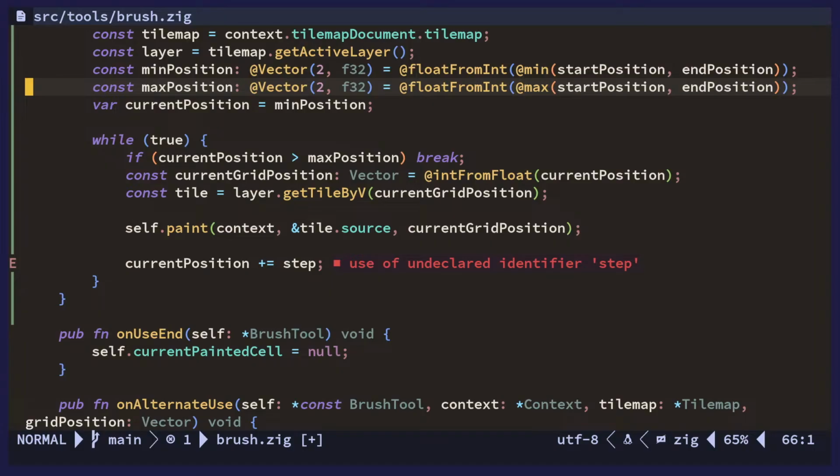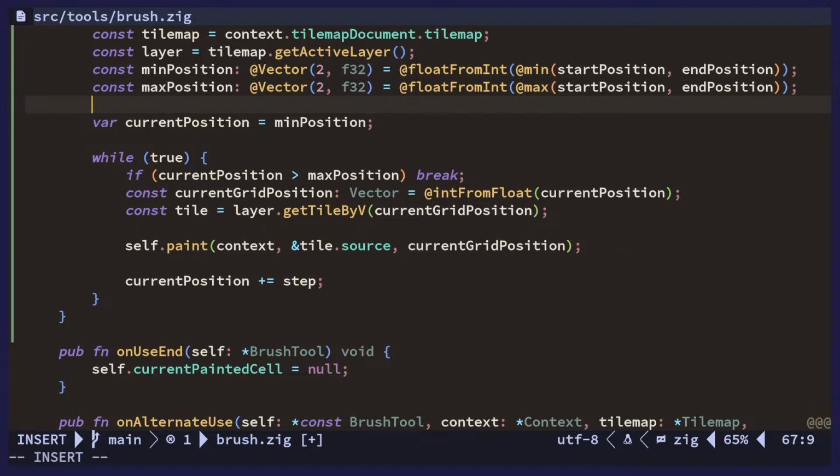I think, yeah, we'll calculate it. It's going to be like one tile, or one. So you want to step one distance towards the max. So it's going to be